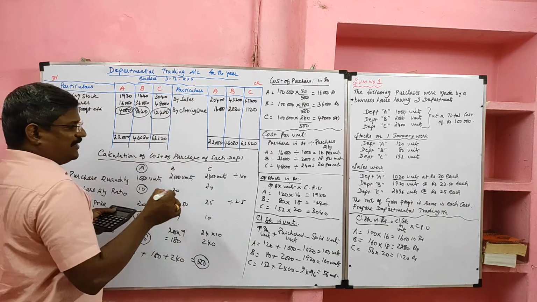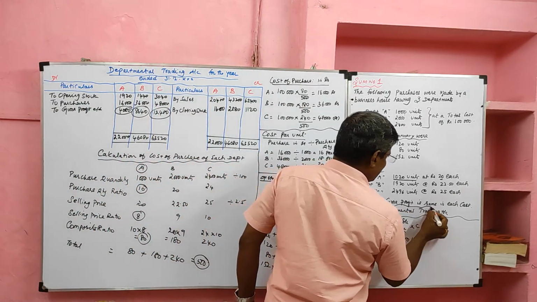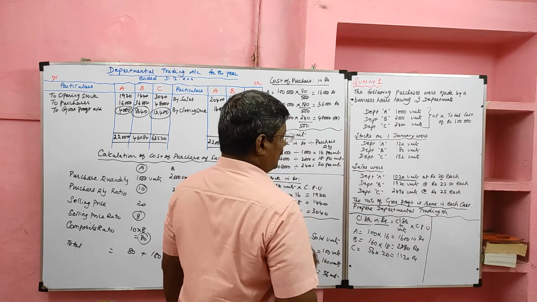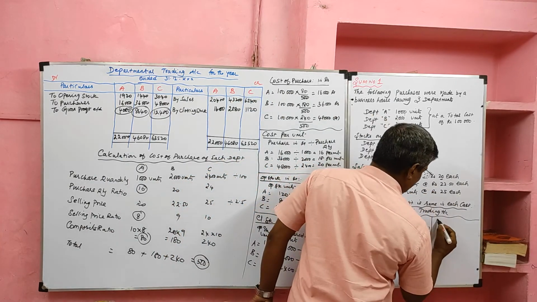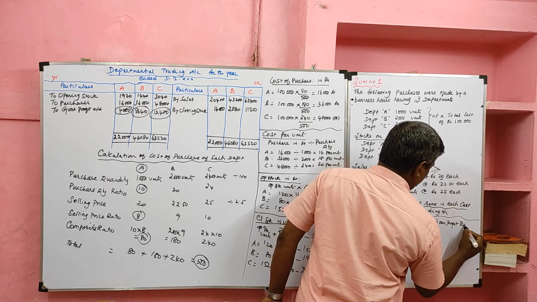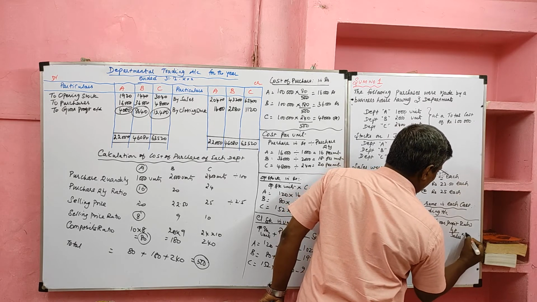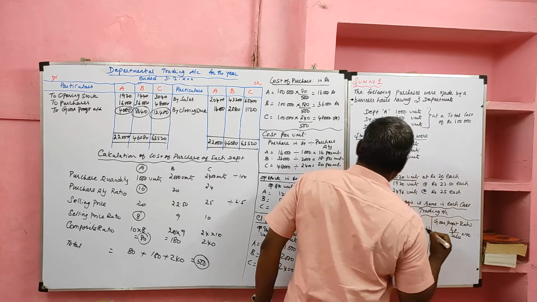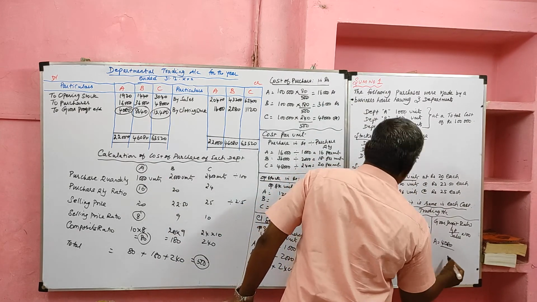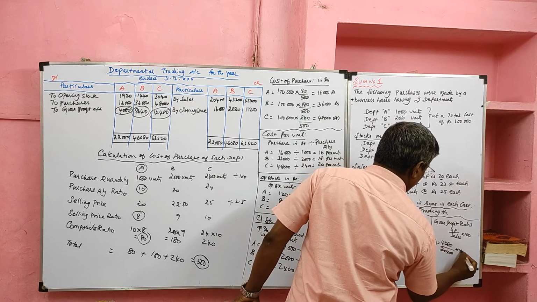Students, here they asked one more question. The gross profit rate is the same in each case. Each case means each department. Yes, now I am going to find the gross profit ratio. So the formula of gross profit ratio: gross profit divided by sales into 100. For department A, the gross profit is 4080, its sales 20,400 into 100.